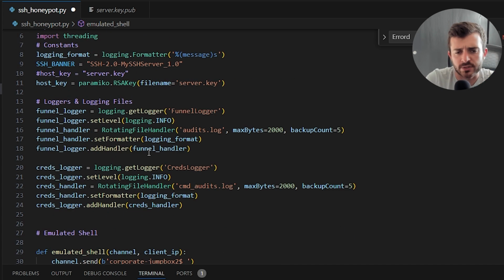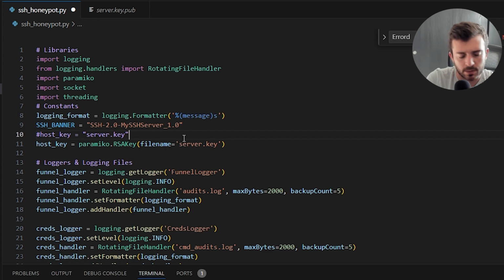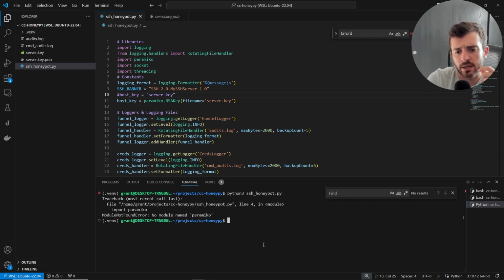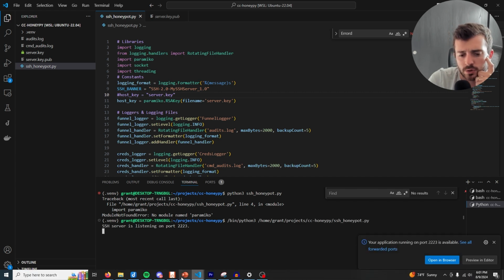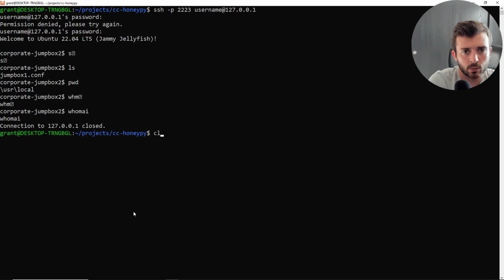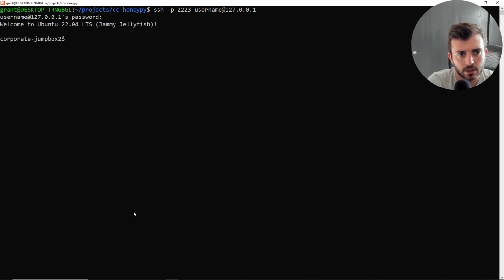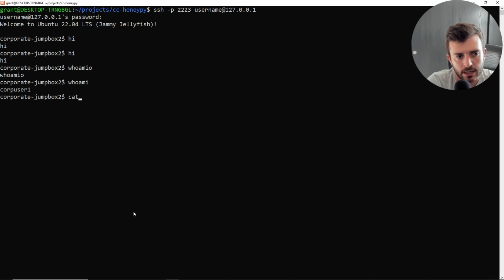With that being said, I think that the SSH honeypot is good. So do a Control S to save, clear our screen, do python3 ssh_honeypy. I keep forgetting I'm in my virtual environment, so I'm just going to hit play. We're going to go to the server here, do ssh -p, and then we're going to do a password. Hi, whoami, cat